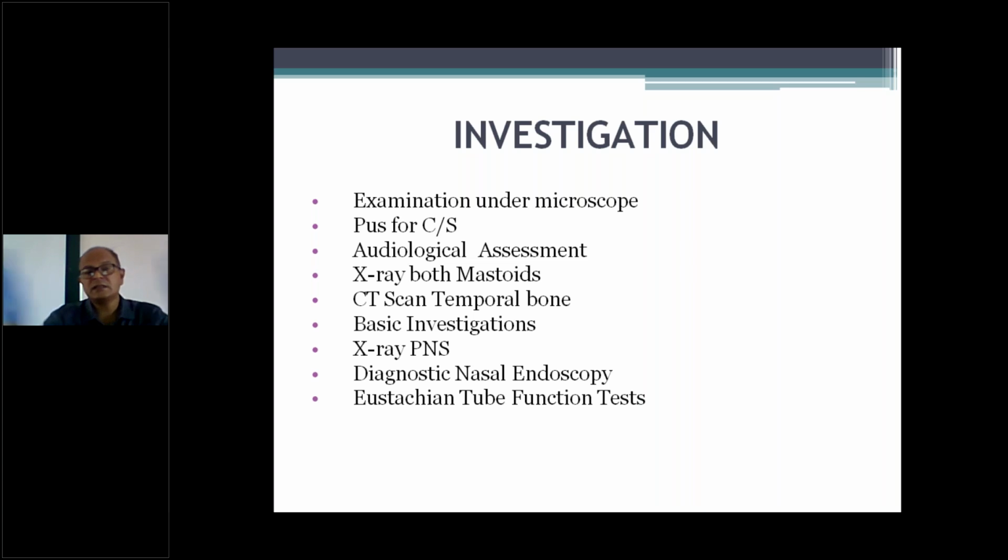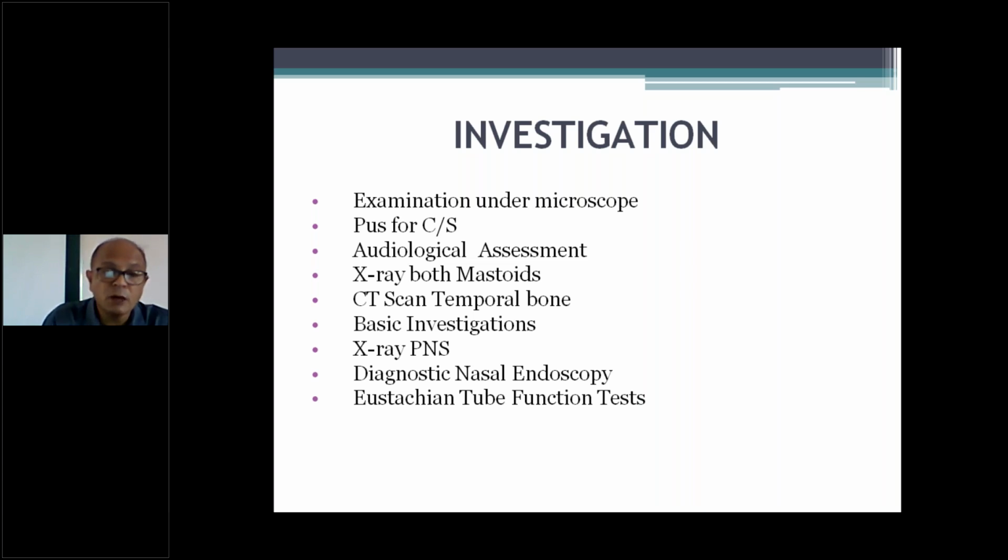Now, what is the relation of pneumatization with cholesteatoma? In children, it has been seen that the cholesteatoma is very extensive in a well pneumatized bone, because the cholesteatoma goes and involves all the possible air cells. So, in case of children with a pneumatic mastoid, you expect a large cholesteatoma. But the cholesteatoma occurs more commonly in a sclerotic bone.